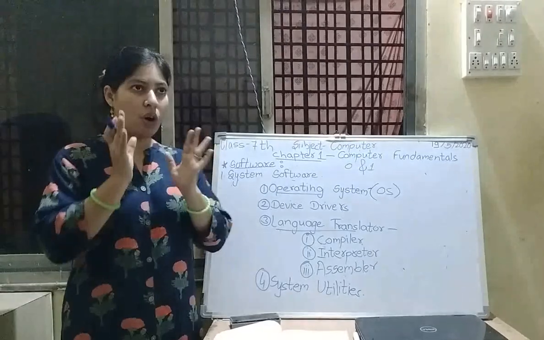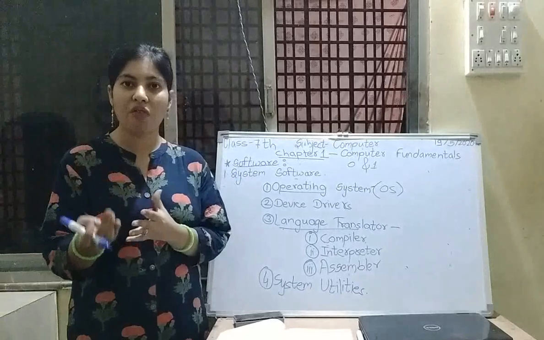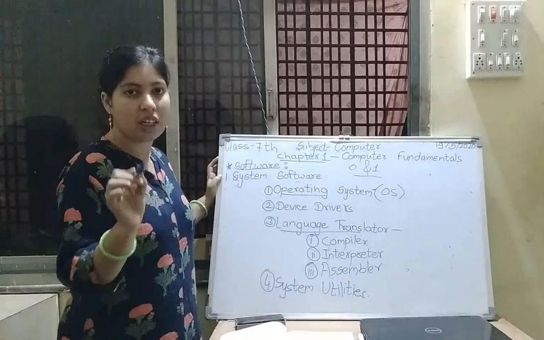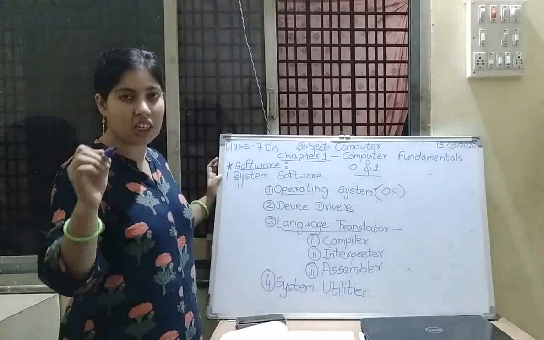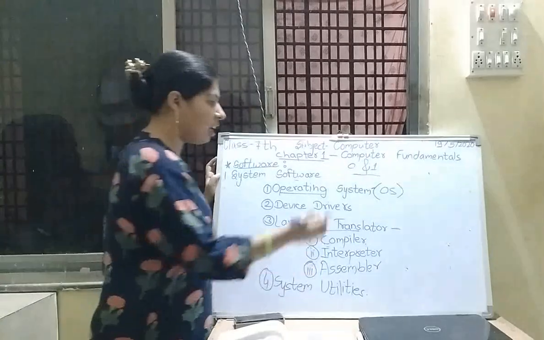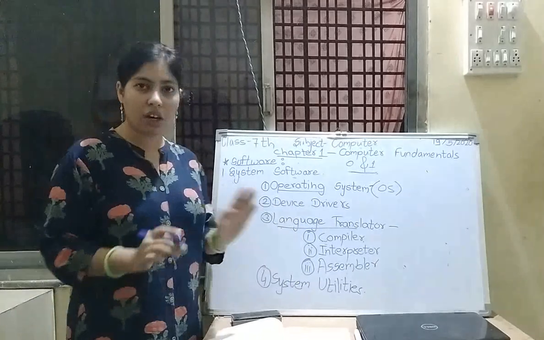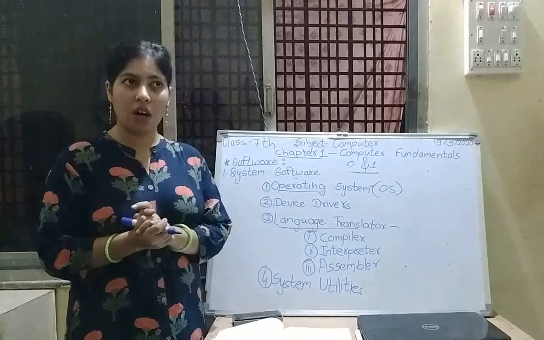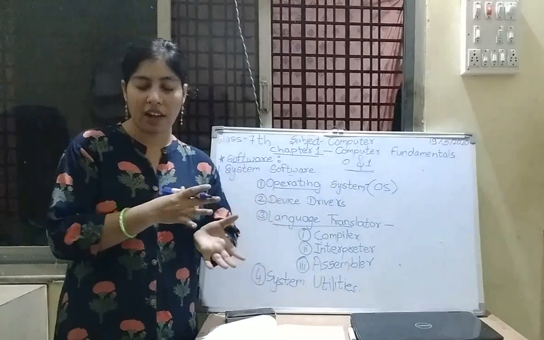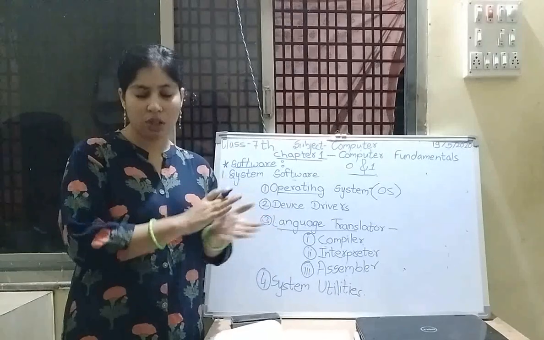Okay, so what does the compiler do? The compiler converts our text into the form of 0 and 1, that is the machine language. So the compiler is used to convert our written text, meaning the high level language, into a machine level language, that is in the form of 0 and 1. Now this was the work of a compiler. That was for the understanding of a machine, which converts high level language into 0 and 1 using the compiler.